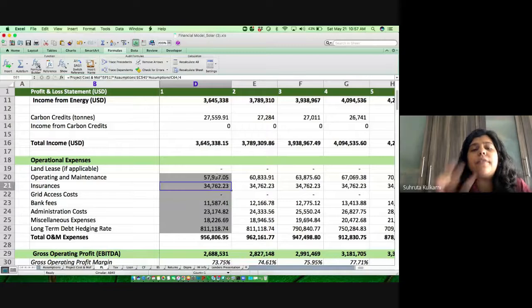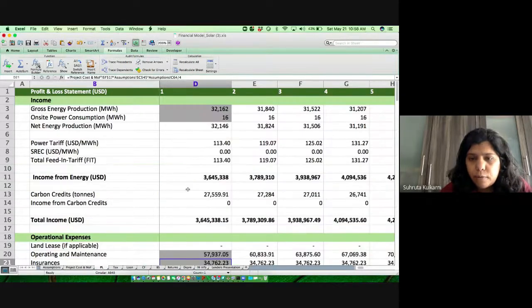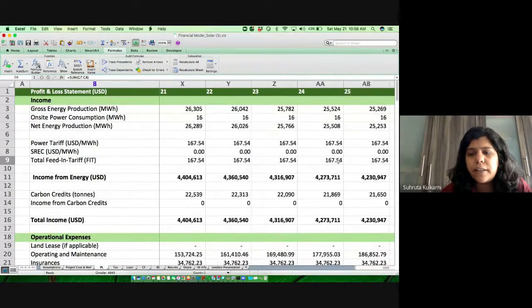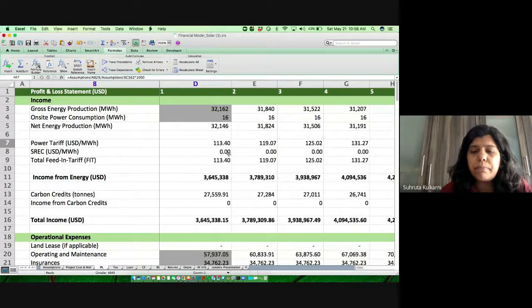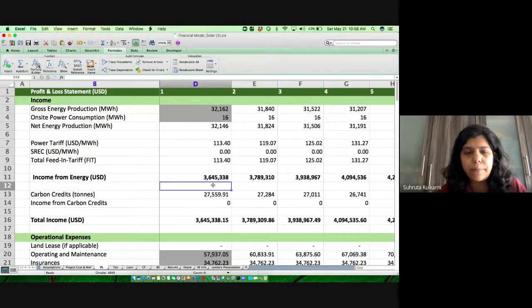Again, if I have to revisit the model and make any changes, this is a key for me, or for anybody else who is going to use my model, to tell him or her that the first year formulae differ from the other formulae. So keep all of this in mind. Even if you have a formula that is different from what you are seeing in the other columns, this model is built for almost 25 years. So do this coloring right at the beginning. Otherwise, it gets very complicated later on. You won't be able to figure out what is what.